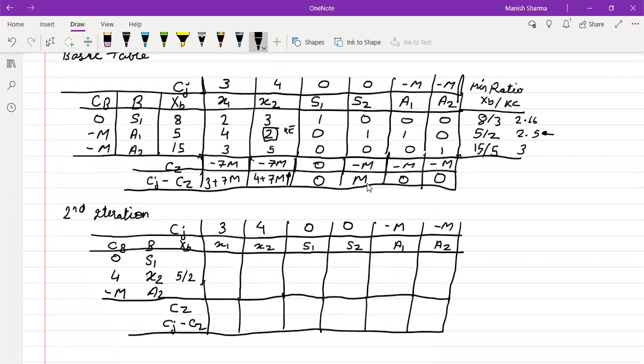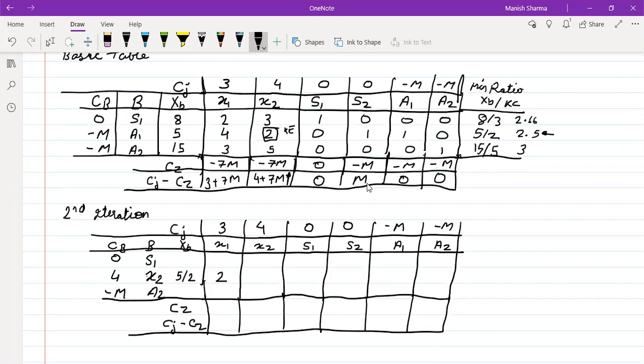This will be equal to 4 by 2. So 4 by 2 is 2. We can write 2. Now you may ask me, sir, you have written 5 by 2, we could have written 2.5. Yes, you could have written 2.5, but I don't want the value to go into decimals. That's why I have not written 2.5. But this is completely divisible. That's why I have written 4 by 2 as 2.